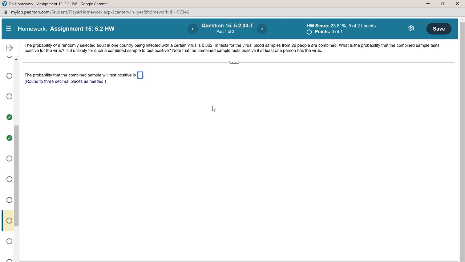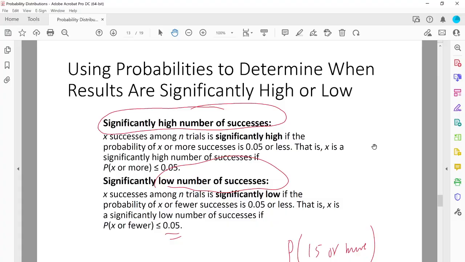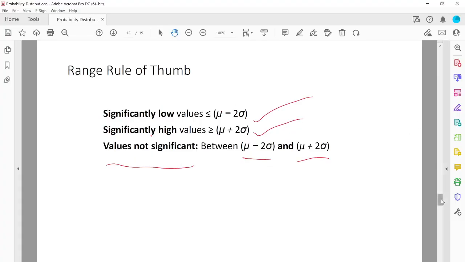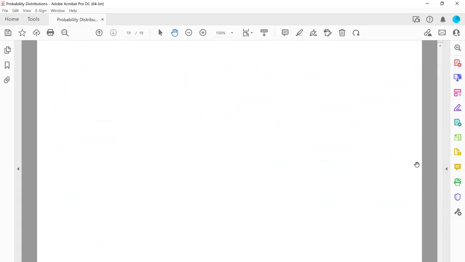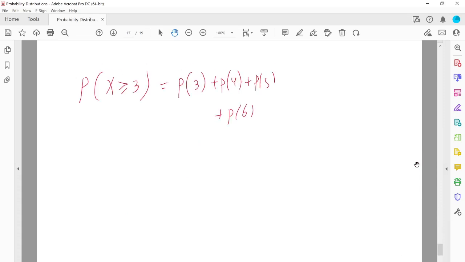The combined sample test would be positive if one of them is positive. So we would like to find this. What is the probability of success for anything less than or equal to 29,